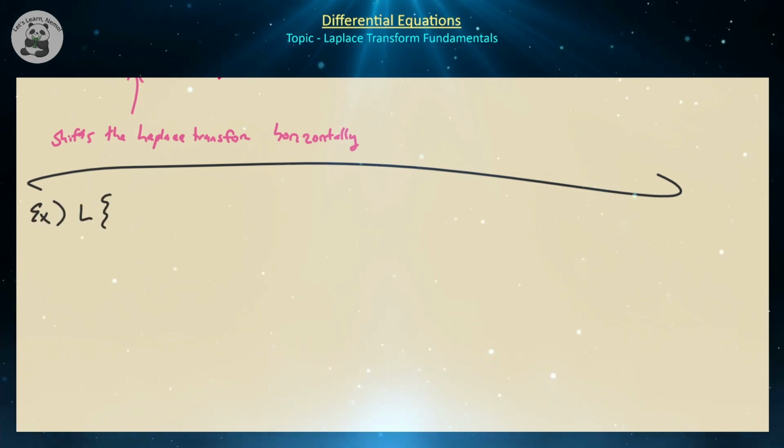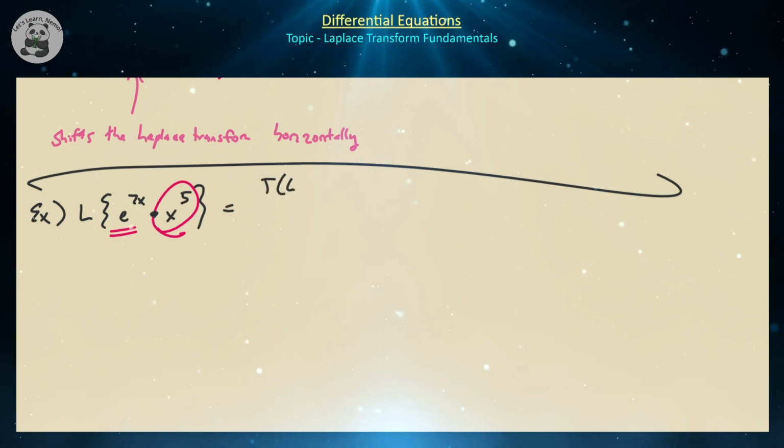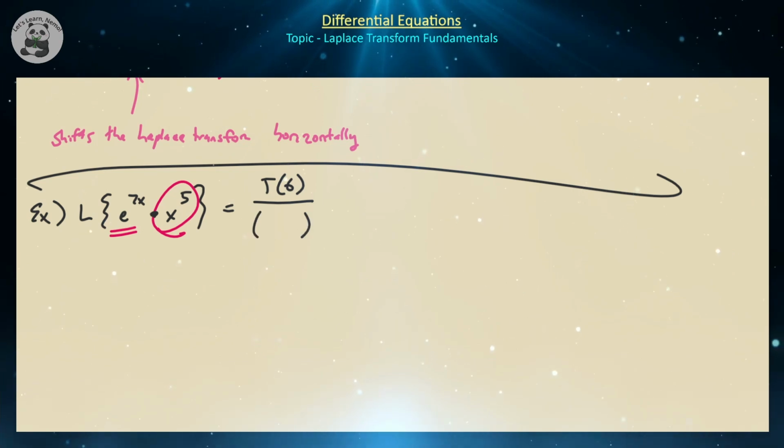So let's assume that we have the Laplace transform of e to the 7x times x to the fifth. What you really need to focus on here is the Laplace transform of x to the fifth, and then shift that horizontally by whatever that rate term is for the exponential function. Okay, so e to the 7x times x to the fifth, because if it was plus, we would just distribute that linearly. So we know the Laplace transform of x to the fifth is going to be gamma 6 over omega 6, right? So this is going to be equal to gamma 6 over omega 6,